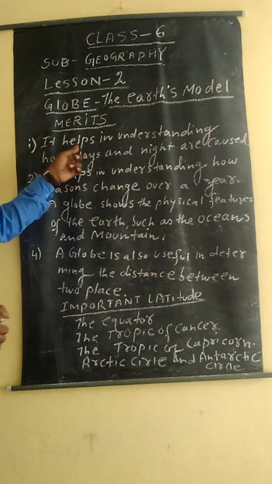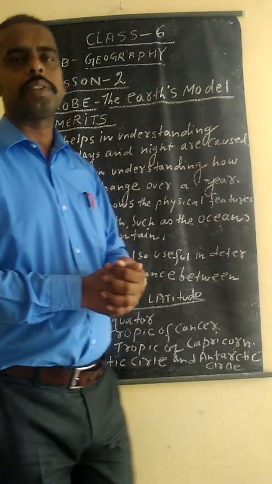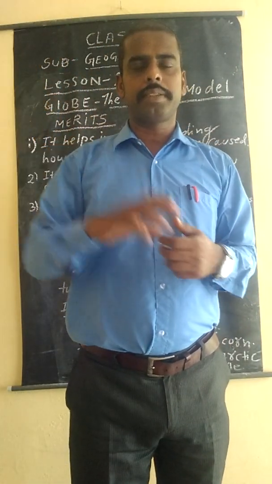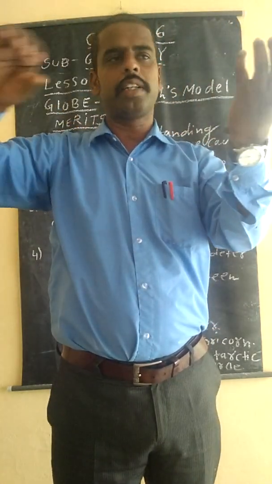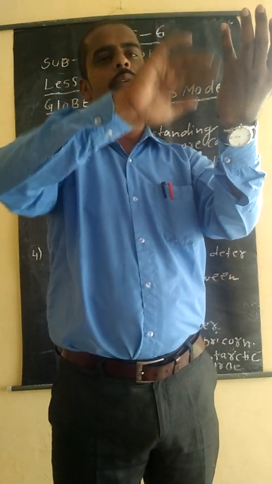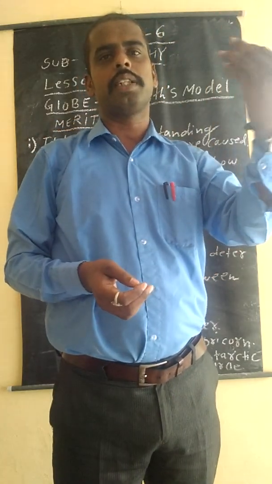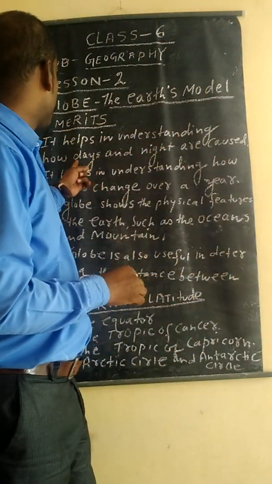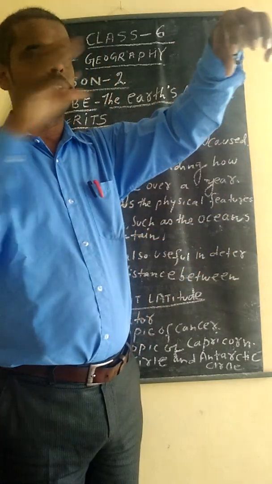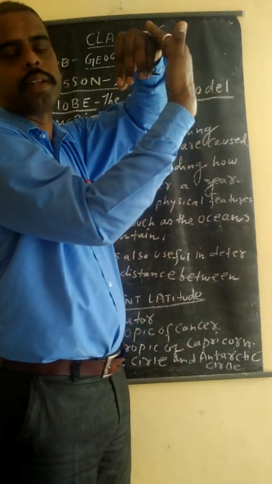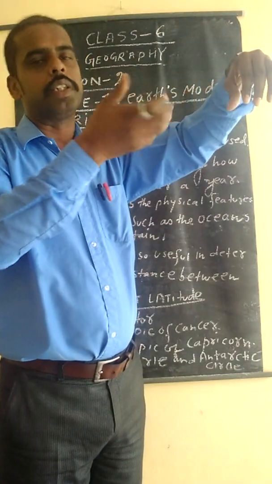See, it helps in understanding how day and night are caused. Suppose you take a torchlight and put a globe there and rotate the globe. When the torchlight falls on it, the surface that glows is known as day, and the backside surface in darkness is known as night. So you can determine day and night at your home also. When you focus a light on a ball, the shadow area on the back side causes night, and the area away from the shadow glows. It is known as day.